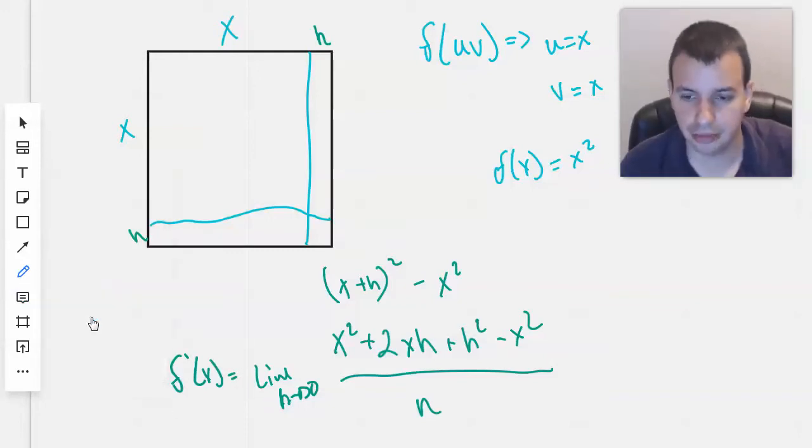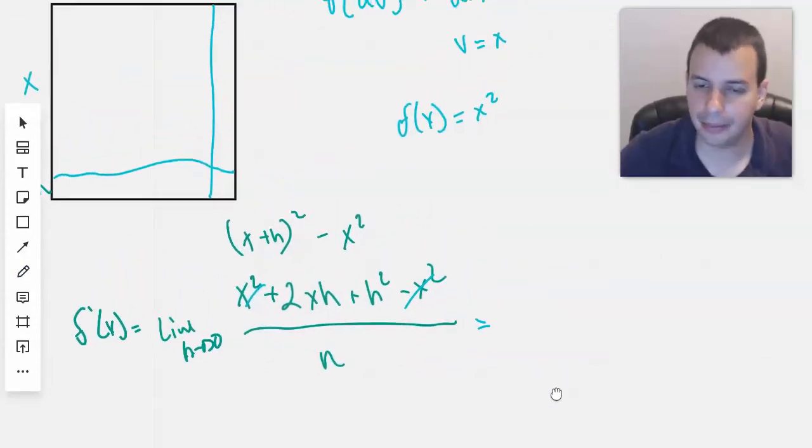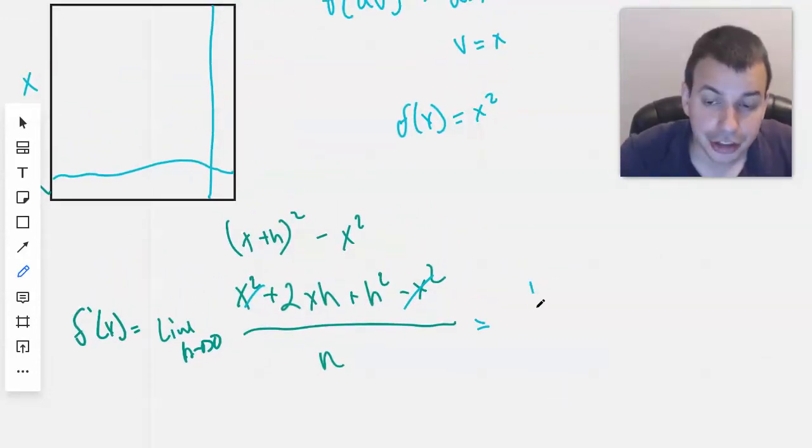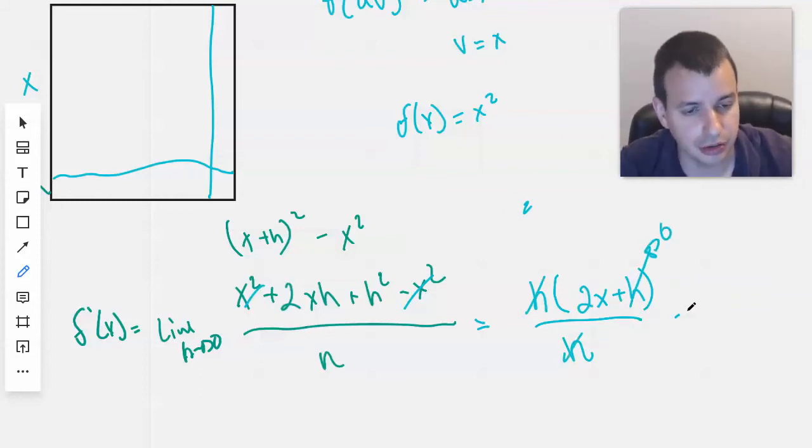Simplifying things a little bit, we can cancel out the x squareds and rewrite this. I'm going to drop the limit as h approaches 0. It's still there, but I just don't want to write it again. So then we have h times 2x plus h. Cancel out the h's. This h goes to 0, and we are left with